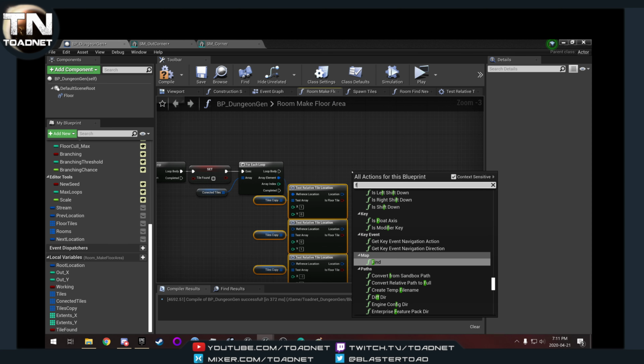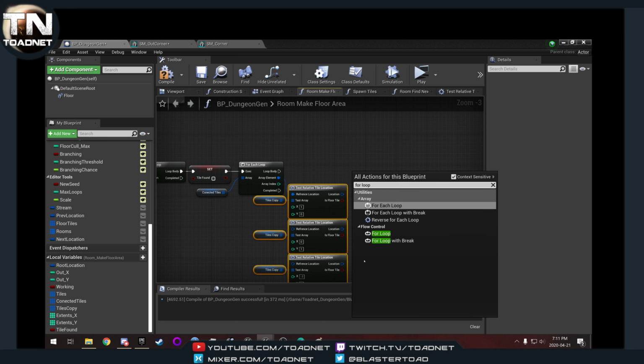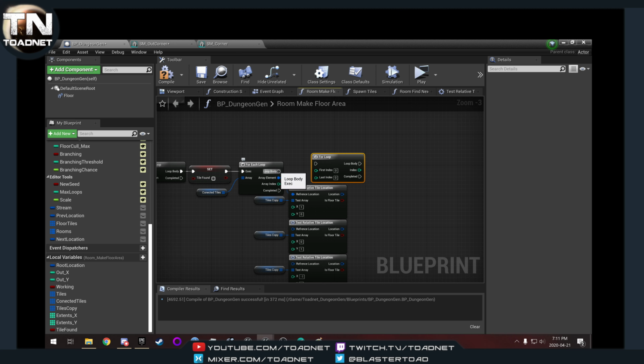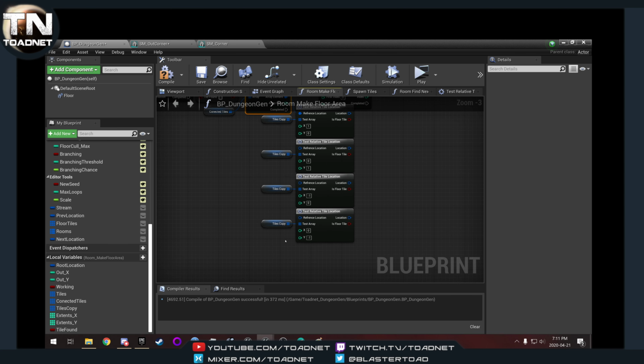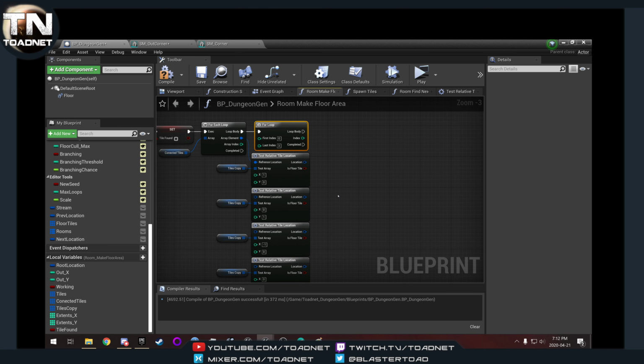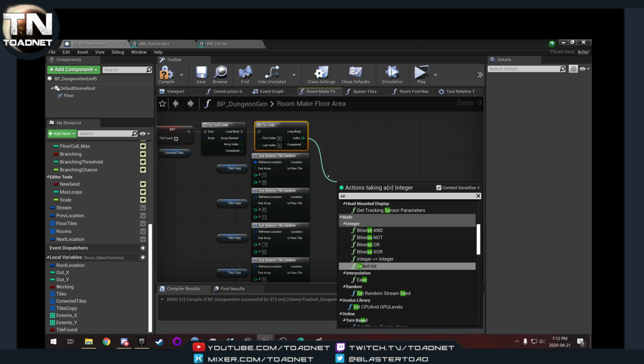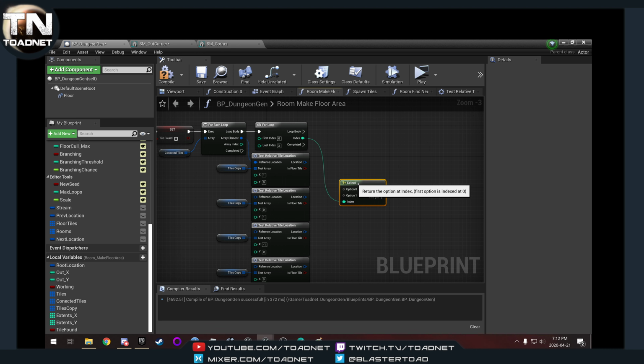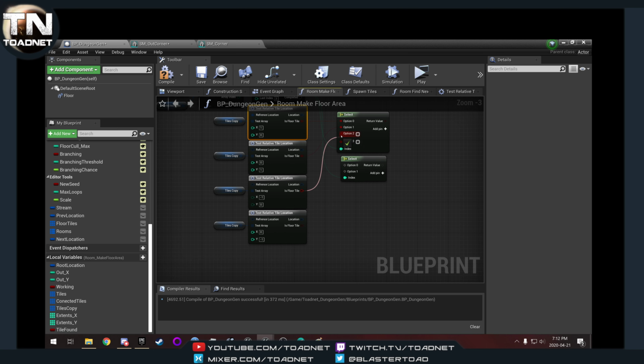And we're going to do a for loop. Straighten that off, move these down because they're interfering there. So our for loop is going to be for 3 items, so 0 to 3, giving us 4 options. We then want to do a select here, and copy that and make another select, same as we did for finding room location. And we want to get our hit, or yeah, whether or not it is an existing tile,